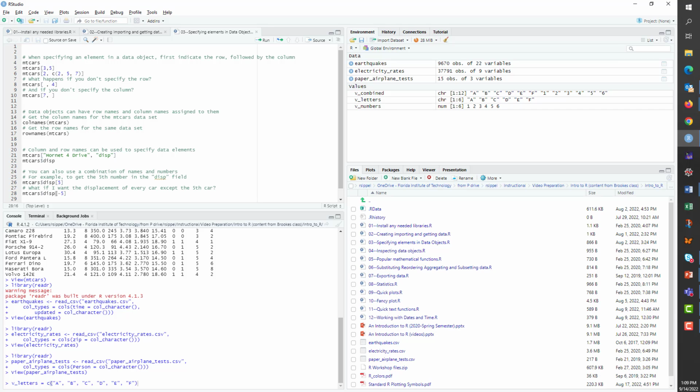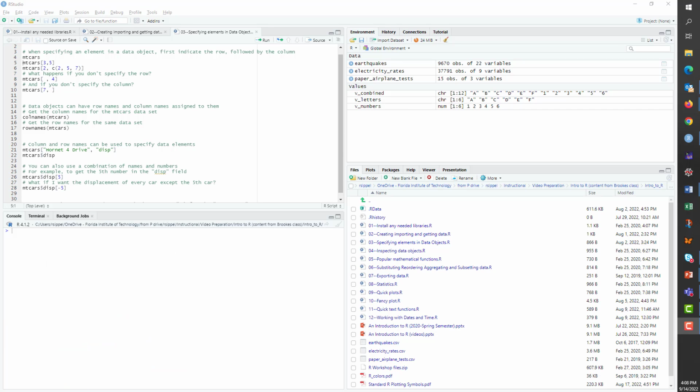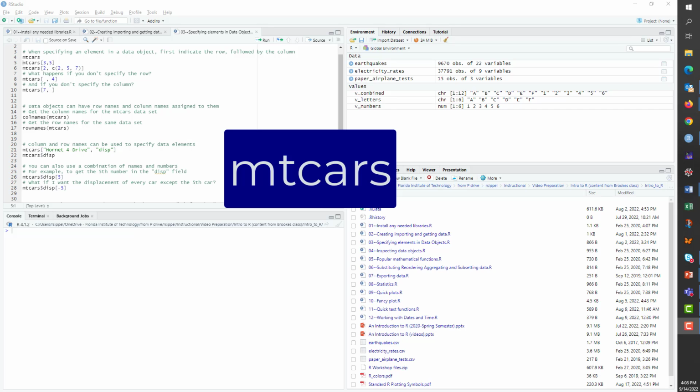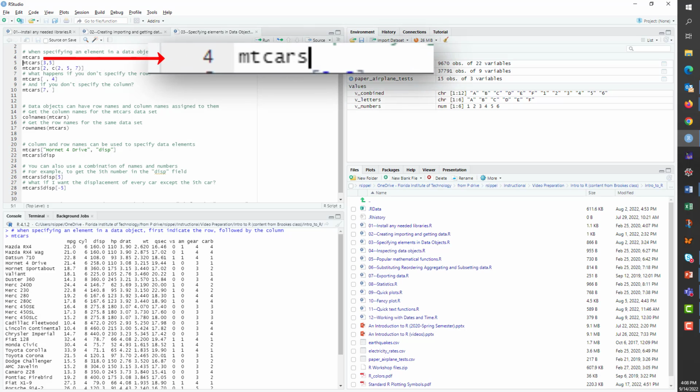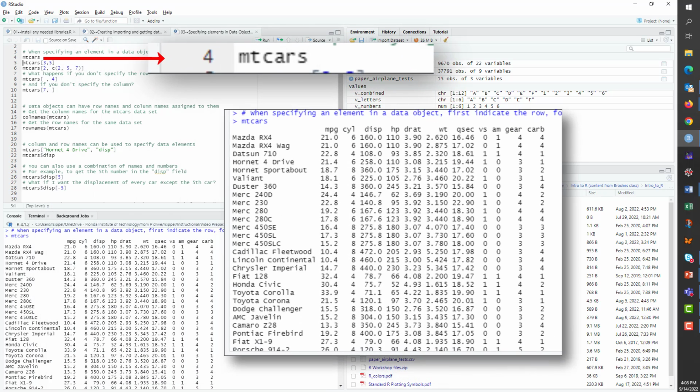In the last video, we briefly explored the various built-in datasets available in R. We will now use one of those datasets, mtcars. mtcars contains some very dated specifications for car models. I think they may go back to the early 1970s. To get a sense of the data contained in mtcars, just type the name of the object. As you can see, each row of the dataset corresponds to a particular model, while the columns reflect different aspects